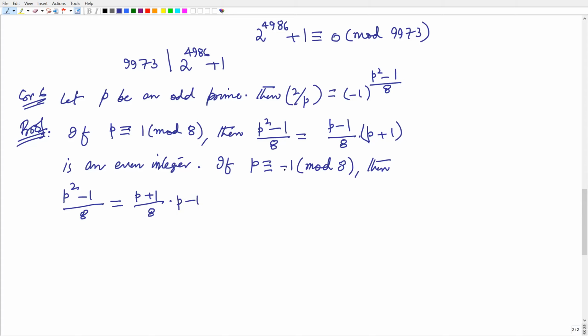Okay, because whenever we have p congruent to minus 1 modulo 8,